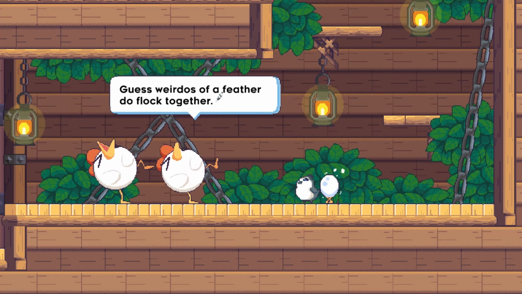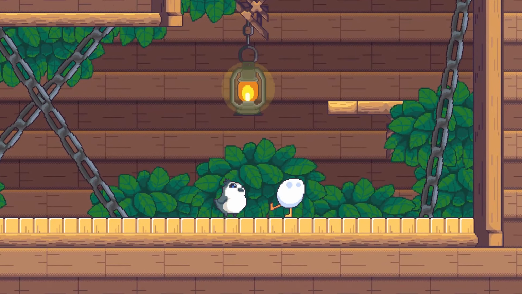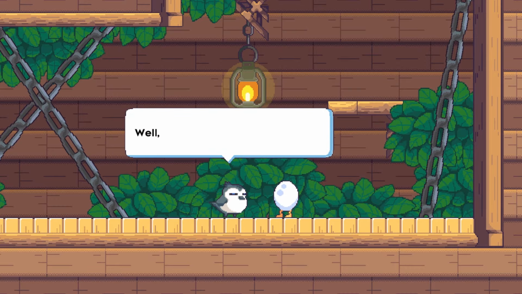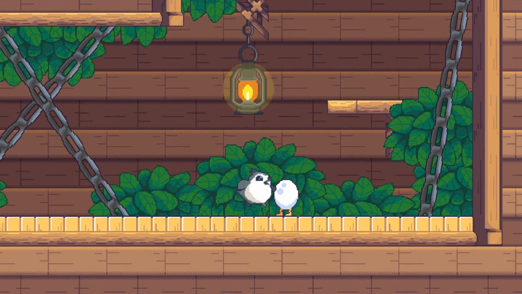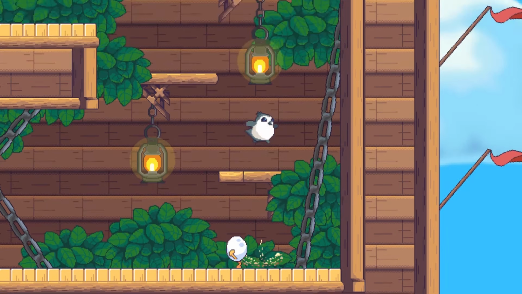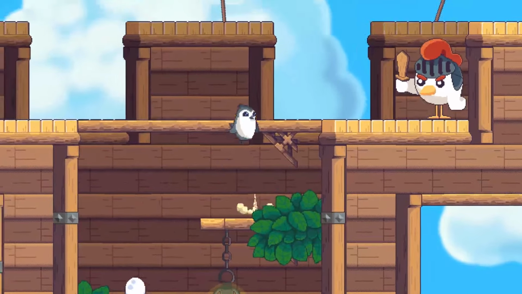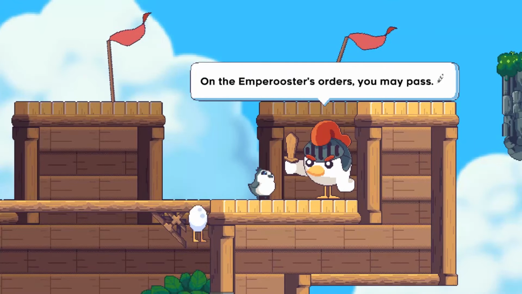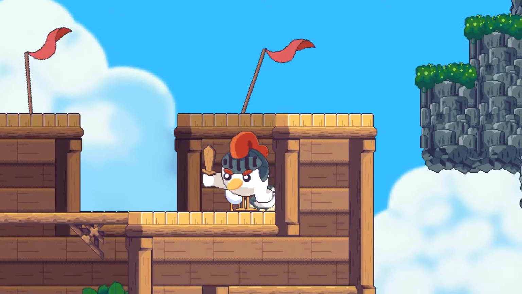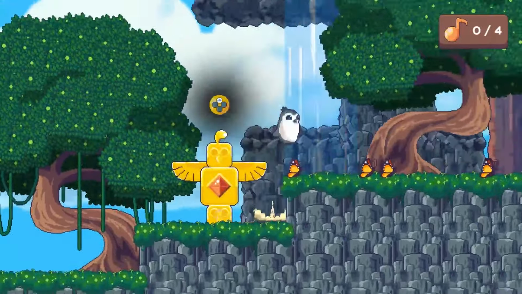I just need a gif of these laughing chickens. Come along, Egbert. Speedy Egbert. Alright. Yeah, okay. Let's go. The music's pretty, like...